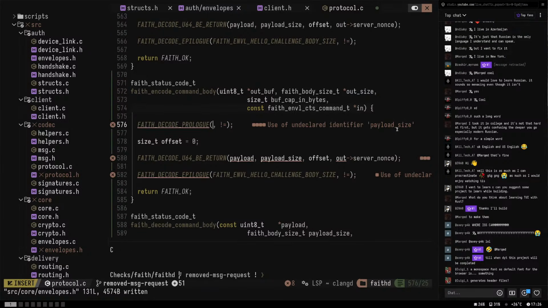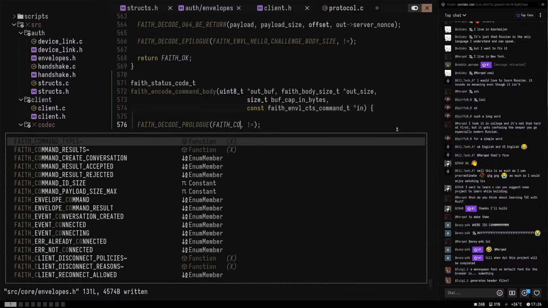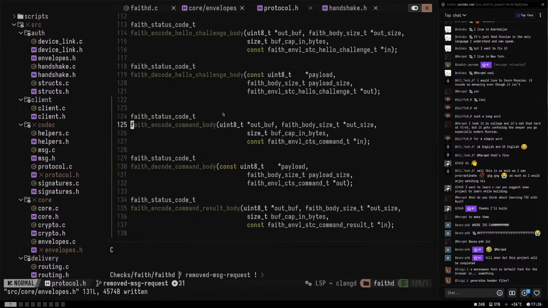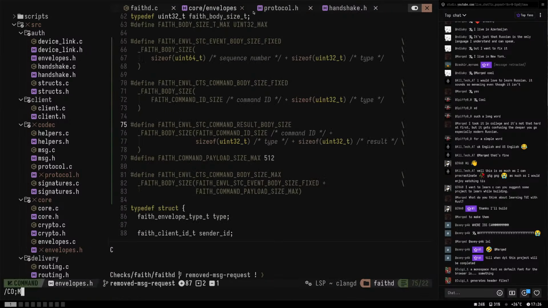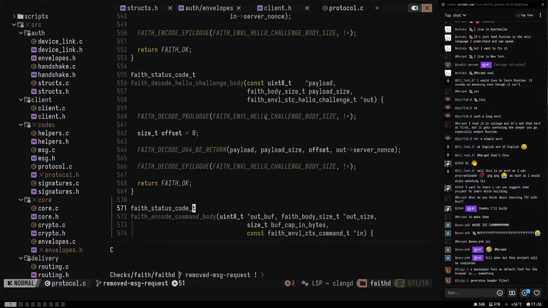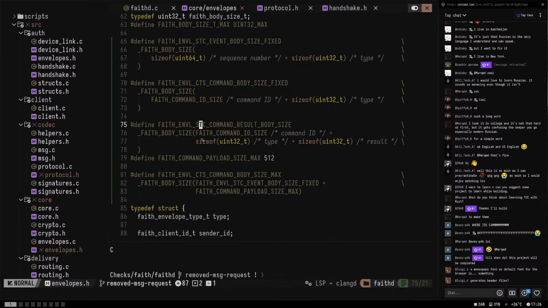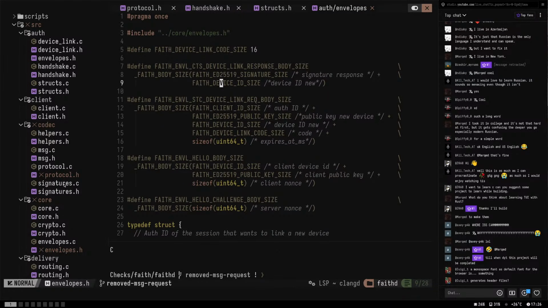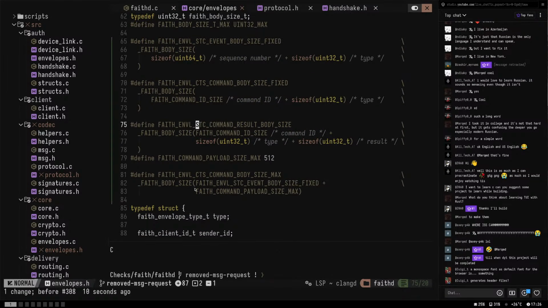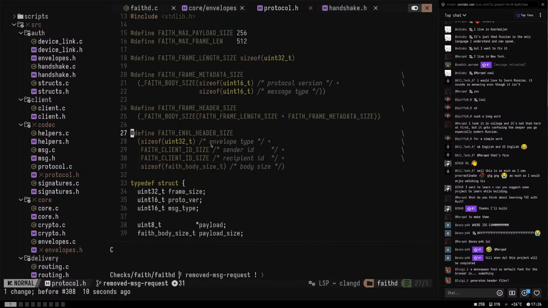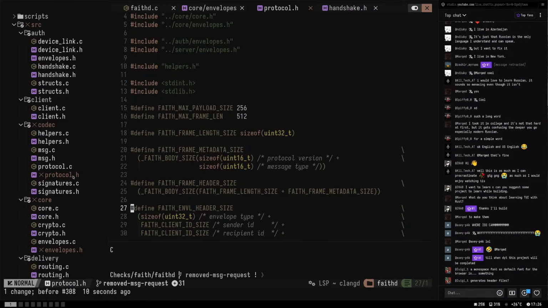So for the command body, we want it to not be less than faith command body. Are you serious? Can it not just work? Ah, okay. Wait, so faith envelope. Okay, so we just don't specify server to client or client to server, or do we? Wait, so yeah, here we do, but in protocol.h we just don't really, or what? Protocol.c